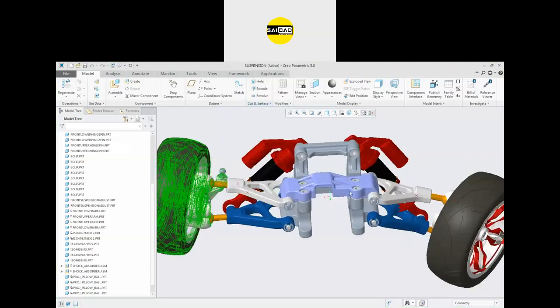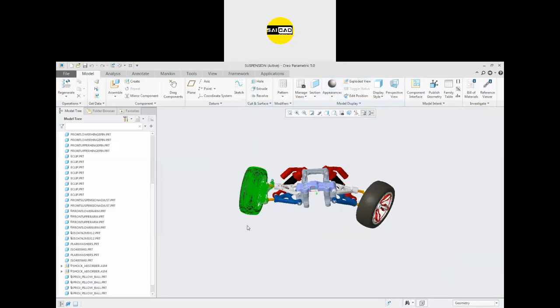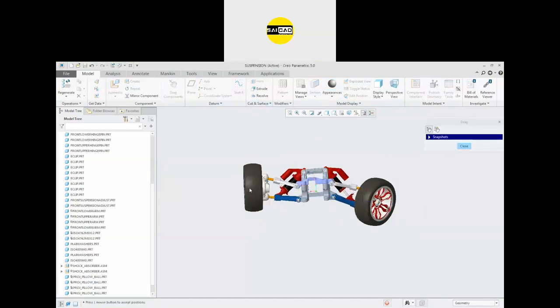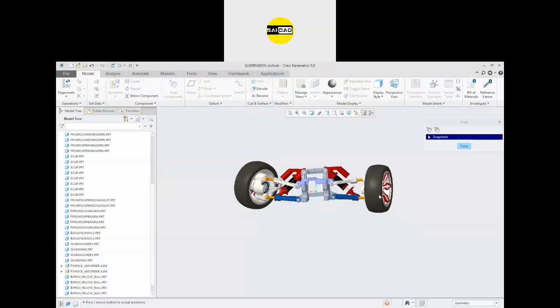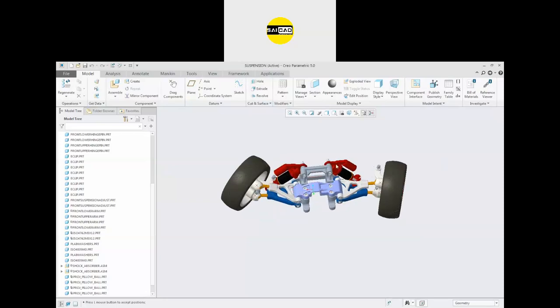So the last thing we are going to cover is, one is the appearance and one is the exploded view. For that, you can see that this is the assembly. This can be moved right now. So if you need an exploded view, what we mean by exploded view is that you want to see each and every component at a separate distance.